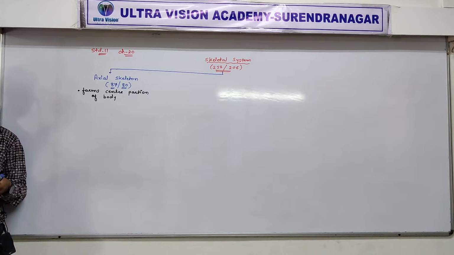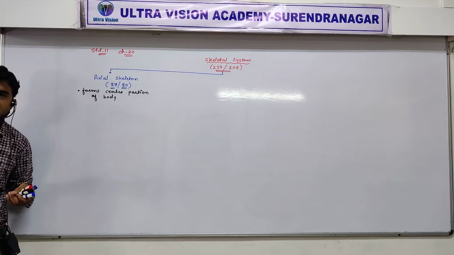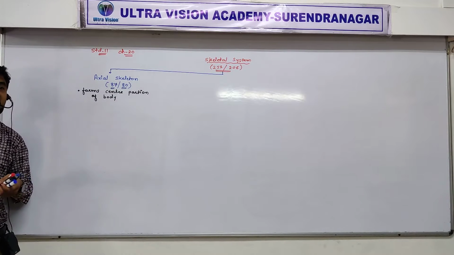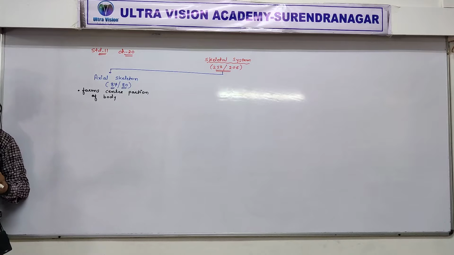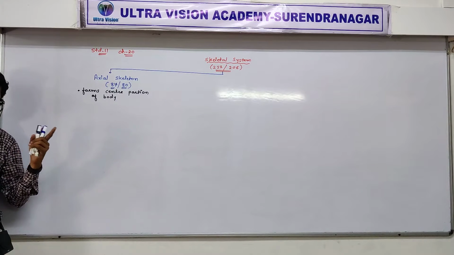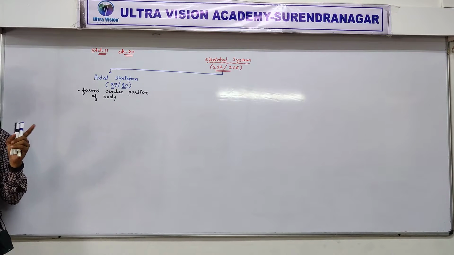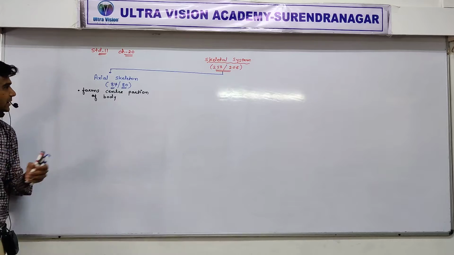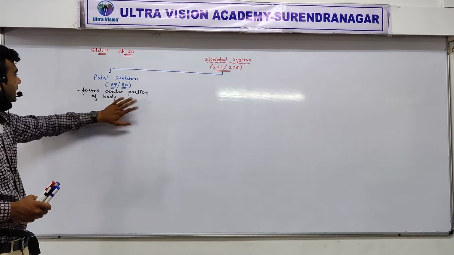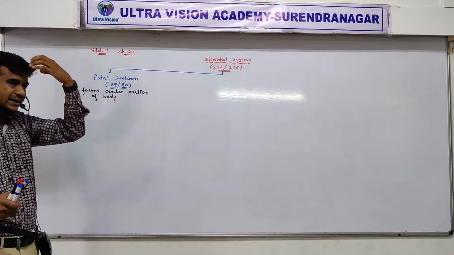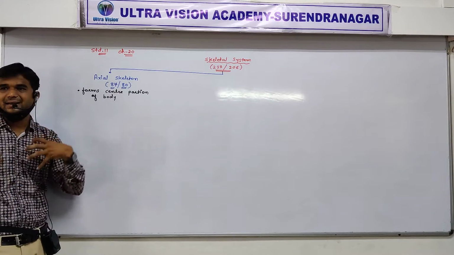I am talking the names only here. Head, then rib cage and spinal column. Don't use the word spinal cord here, because spinal cord is there in the nervous system. It is different. And now I am talking about the spinal column. So here it forms the axial skeleton, the main axis of the body: head, rib cage and